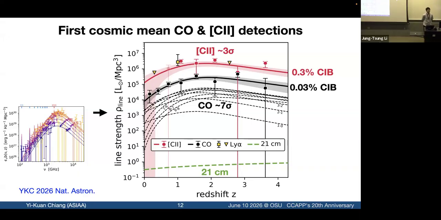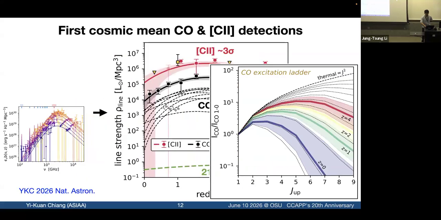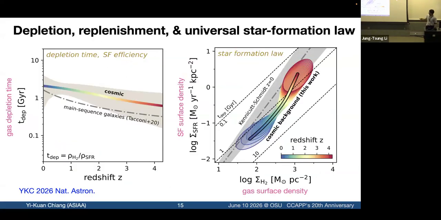For the Schmidt law plot, I would guess that the star formation surface density comes from the temperature, the peak of the dust continuum, is that right? No, it's from the CO excitation ladder. It's from the CO excitation? Yeah. You get sigma H2? Right, so that I don't know, but what I can get is the depletion time from dividing the molecular gas mass by the star formation density, and the depletion time determines the diagonal track. So I have the y-axis from the CO excitation, I have the diagonal track, so I inverse engineer the gas surface density. Okay, great, thank you. Want to do one more?